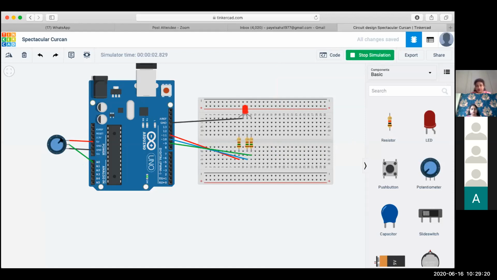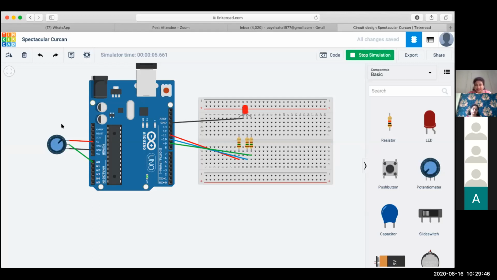Okay. So what I'm able to do, I'm able to control the brightness of the LED with the help of the potentiometer. So I have made a dimmer circuit. We call this an LED dimmer circuit. Okay. Now this is what I have achieved by connecting the potentiometer.